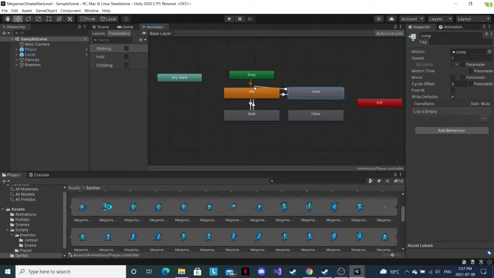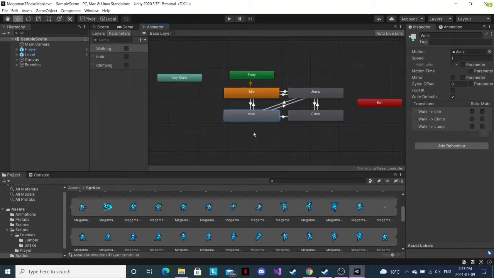Let's make a transition from jump to idle, and let's do it from jump to climb and from climb to jump. Let's make one from walk to climb, and we need to make one from jump to walk and walk to jump. Perfect. So that is all of the transitions that we need to make right now, and then we can actually edit them